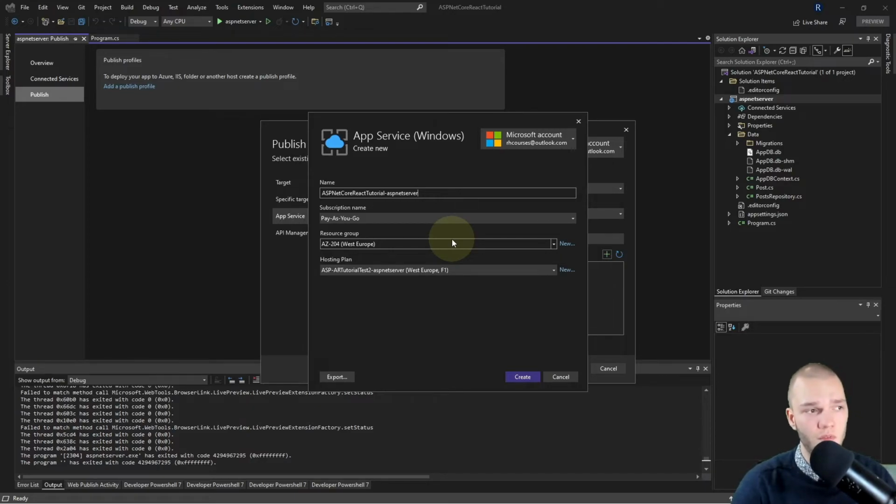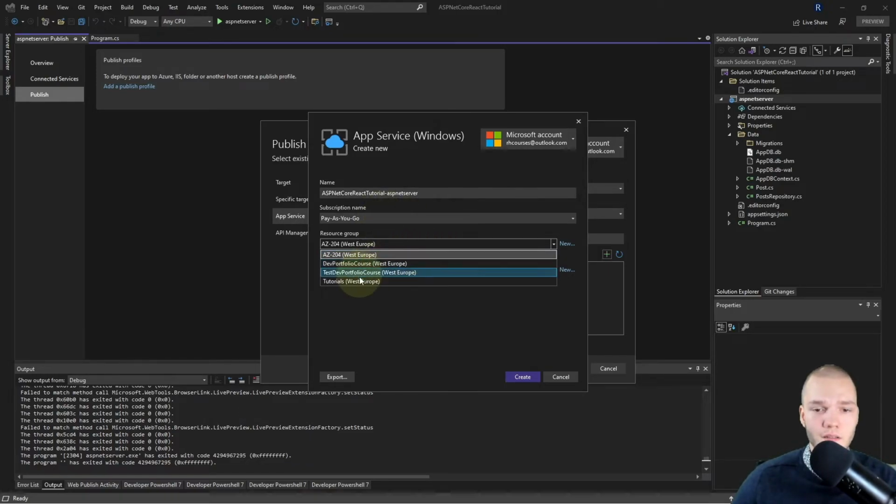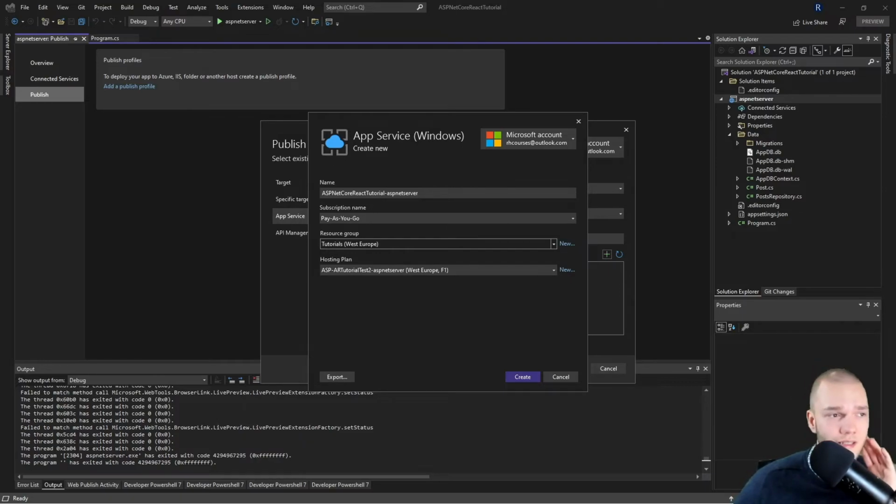The name is up to you, obviously, and I believe each resource in Azure must have a unique name, so keep that in mind.